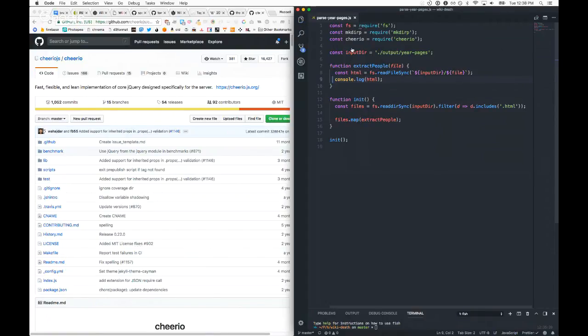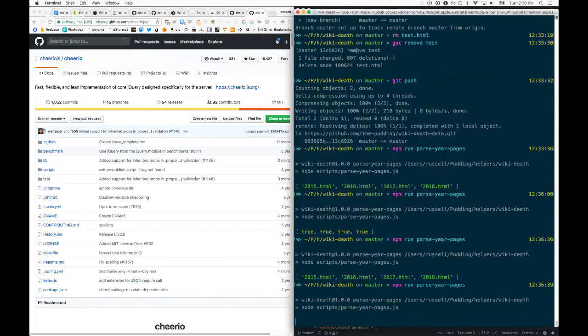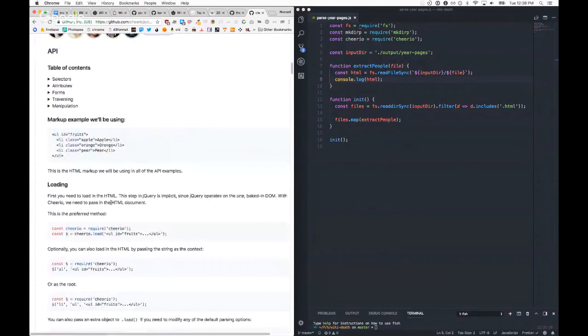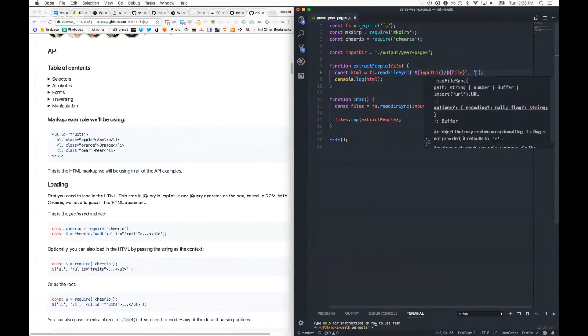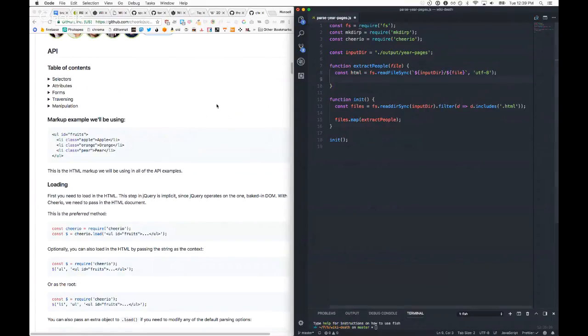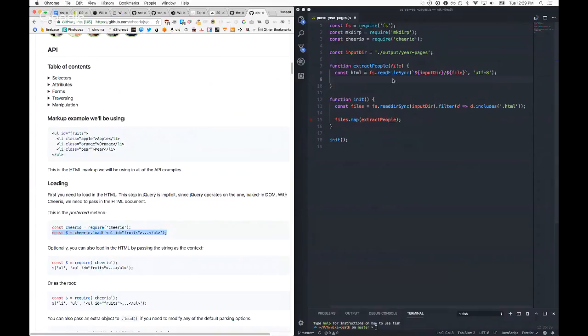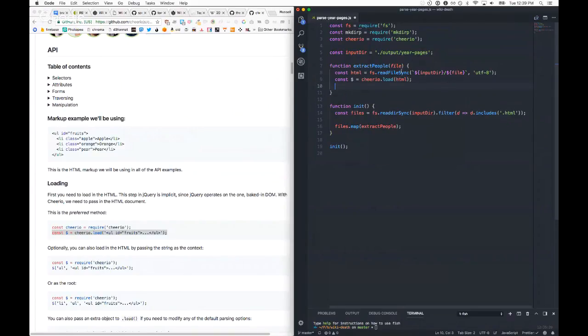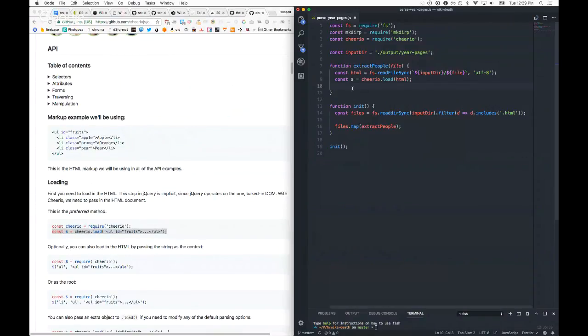All right, let's just see what happens. I read the buffer. But we just want to load that to Cheerio. Let's see. Actually, maybe we do need to do UTF-8. I don't even know anymore. Anyways, that's safe. Yes. And let's just do a simple